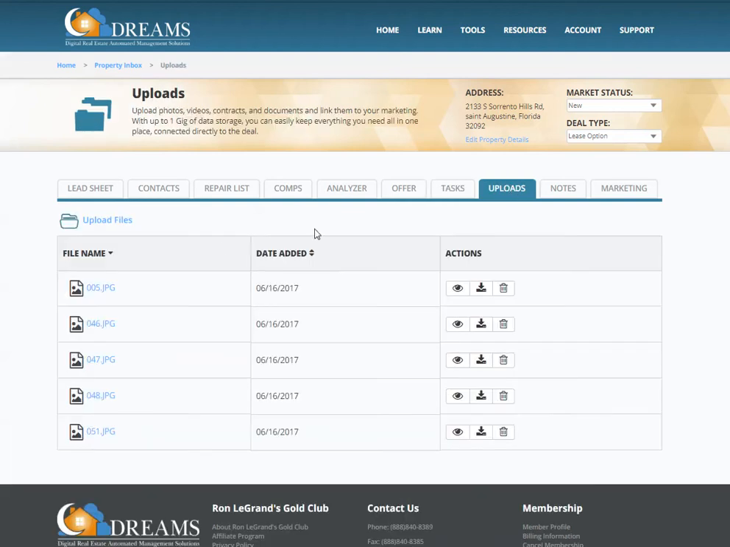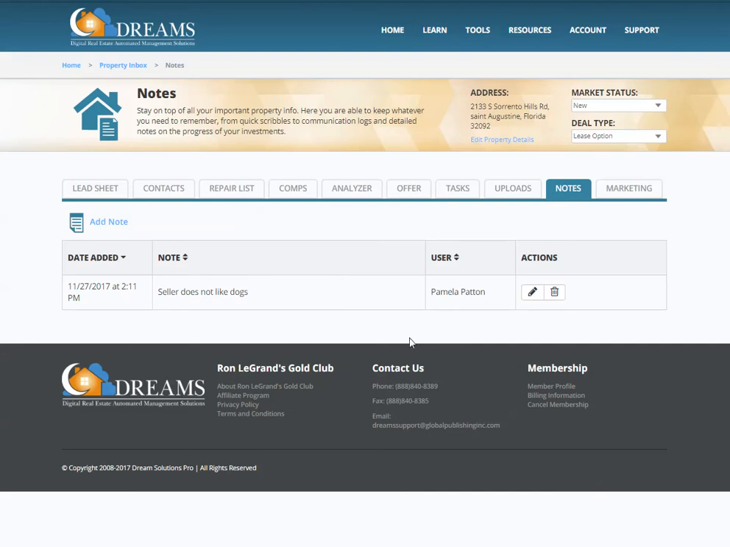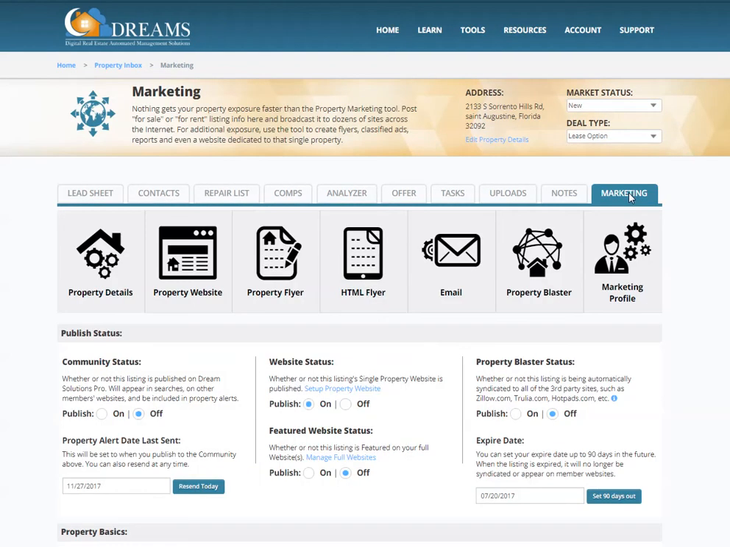Any uploads for the property, photos, documents, anything associated with that, you would upload your files here and they're stored there. Any notes associated with the property, the seller does not like dogs in this case. And then for marketing,